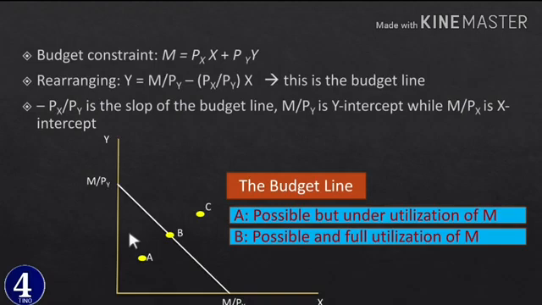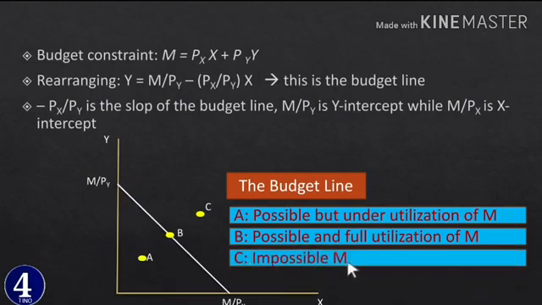What about point C? እንደምታዩት it is out of the triangle, ከዚህ triangle ወይም ከበጀት ላይኑ ውጪ ነው ያለው። Point C is impossible because of limited amount of money that we have ማለት ነው፣ ሲን ኮንሱም ማድረግ አንችልም ምክንያቱም ያለን ገንዘብ ይሄንን ያክል x እና ይሄንን ያክል y ለመግዛት አይበቃም ማለት ነው። So point A and B are possible: point A is underutilization of our money, point B is full utilization of our money, and point C is totally impossible because we have a limited amount of income ማለት ነው።